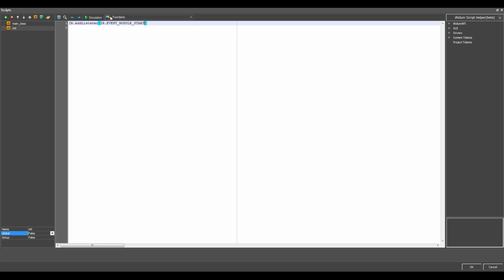event module start 0, then function, and that function has one input parameter. It is my module ID.